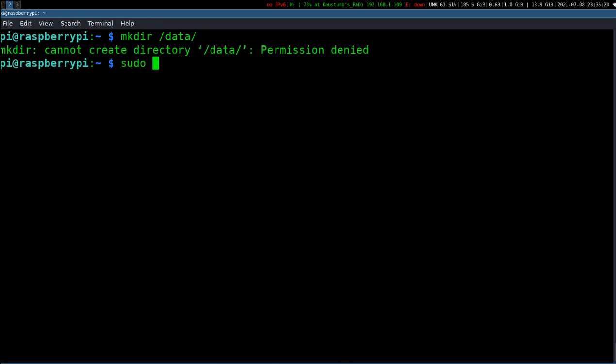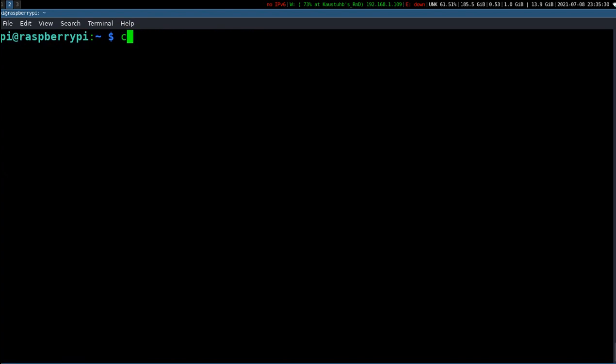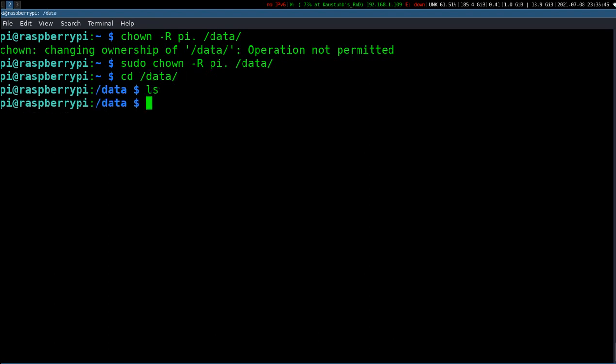Okay, sudo mkdir /data. Now let me see if I own it. No. Okay, so chown pi recursively to /data. Operation not permitted. Okay, sudo. Yeah, now we own this folder and everything inside it.